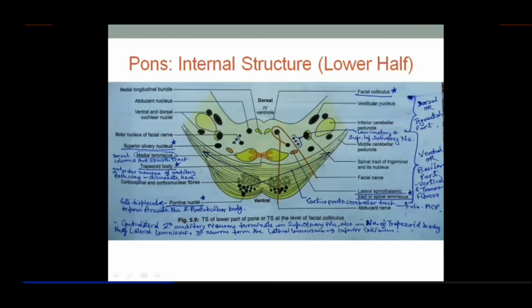And this gray matter is scattered or spread because this basilar portion has vertical fibers as well as transverse fibers, so they are spread along both. When you have strands of vertical fibers running down, they will spread along those also, and then down below they'll form the arcuate nucleus. And when these pontine nuclei get displaced along the transverse fibers, they form the pontobulbar body. So that was about the gray matter impregnated in the ventral portion of the pons.